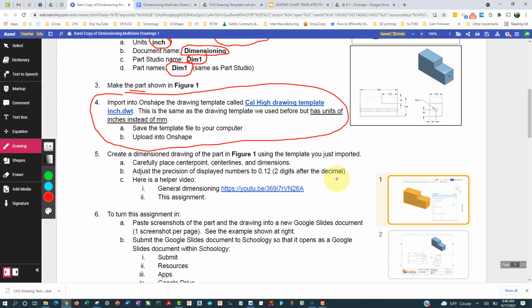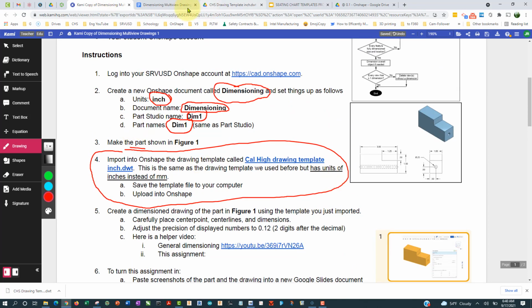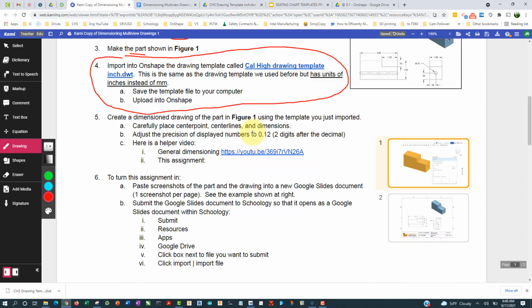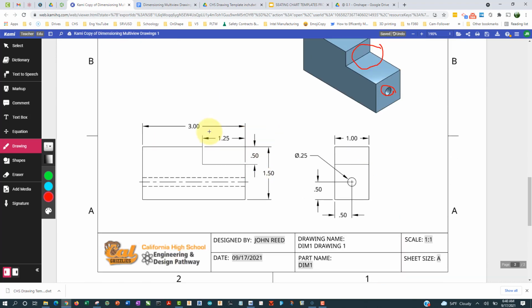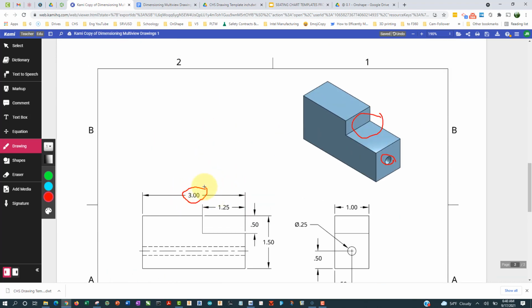Let's make the part first. If we go to the dimension drawing, we have to make a rectangular prism that's 3 wide and 1.5 inches in height. It's 1 inch in depth, and it's got this little chunk taken out of it here. So